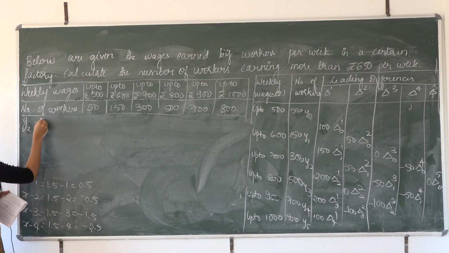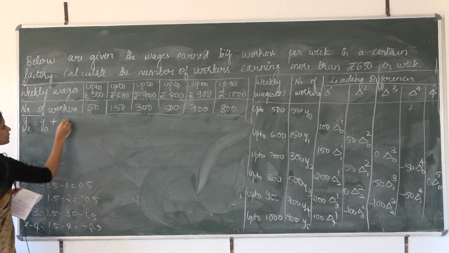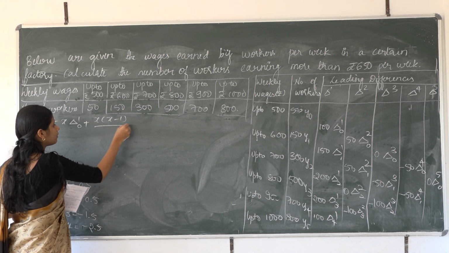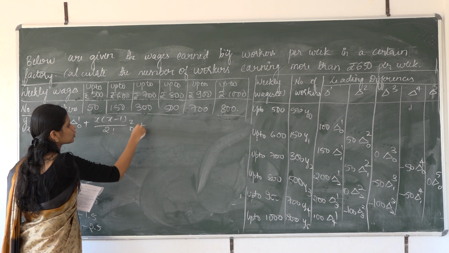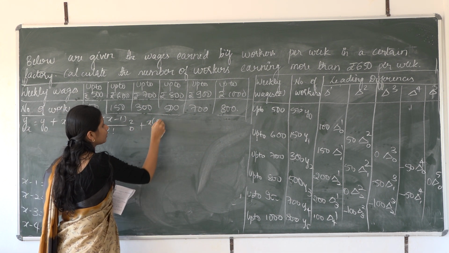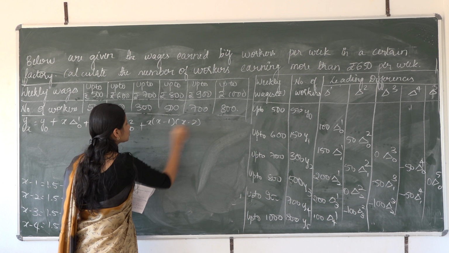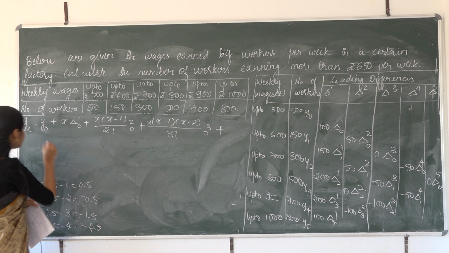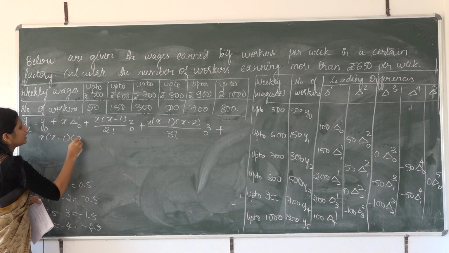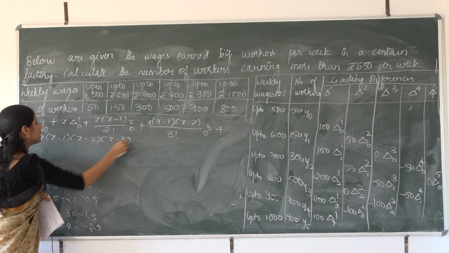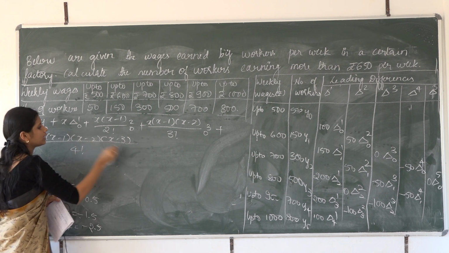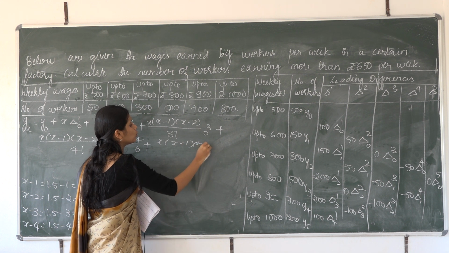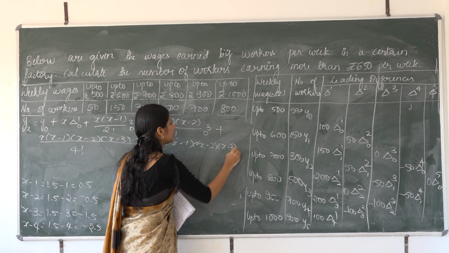First we will write it as y is equal to y0 plus x delta 0 raised to 1 plus x into x minus 1 divided by 2 factorial delta 0 raised to 2 plus x into x minus 1 into x minus 2 divided by 3 factorial delta 0 raised to 3 plus x into x minus 1 into x minus 2 into x minus 3 divided by 4 factorial delta 0 raised to 4 plus x into x minus 1 into x minus 2 into x minus 3 into x minus 4